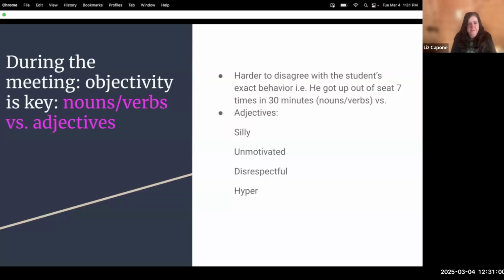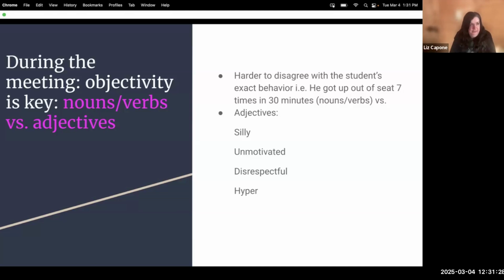This is a big one, and I see this in multiple states, where people are describing student behavior and there isn't data that's observable and measurable to back it up. And they slip into those present levels. They slip into those teacher reports. So really telling our teams, and they don't even realize it,